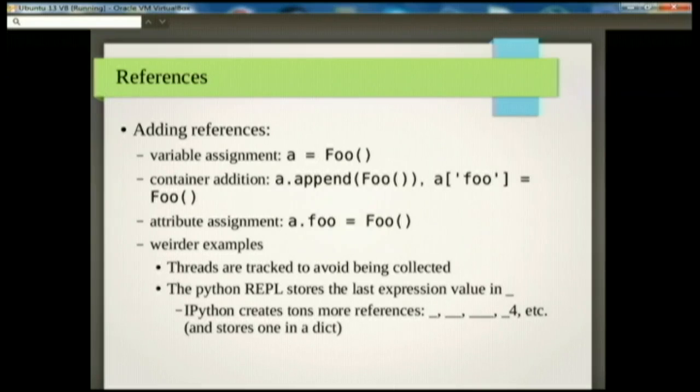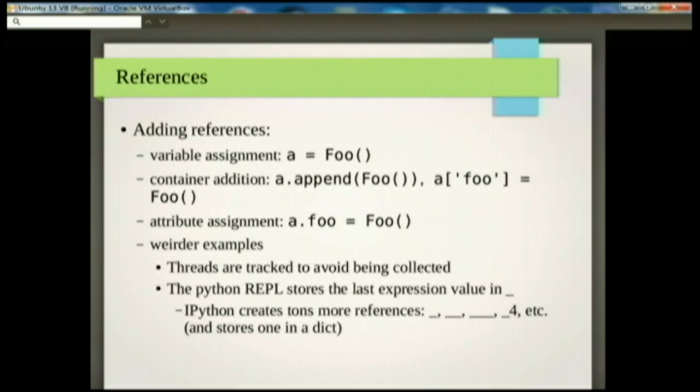There's putting it inside a container. There's assigning it as an attribute. And then there's weirder examples. If you try to do live demos of this reference counting scheme in a REPL, the basic Python REPL stores a reference to the last expression value in the underscore variable. So you'll end up in a situation where you create something that has a dunder-del method, and that doesn't actually get called until you type something like 2 or a into the REPL, because that overwrites the value in underscore, causing the reference count to finally drop to 0, and then you have some code that executes later. And if you try to do this in IPython, you're kind of hosed, because